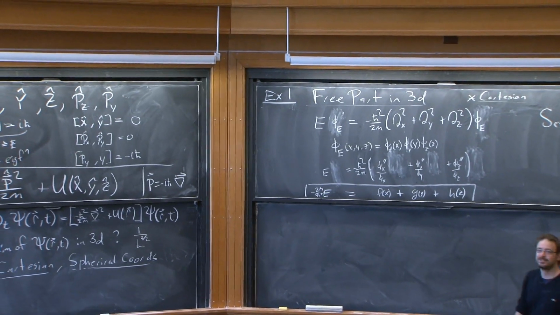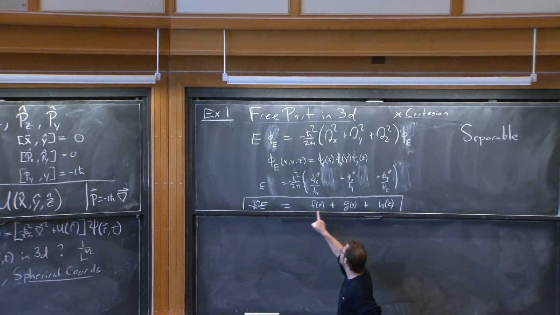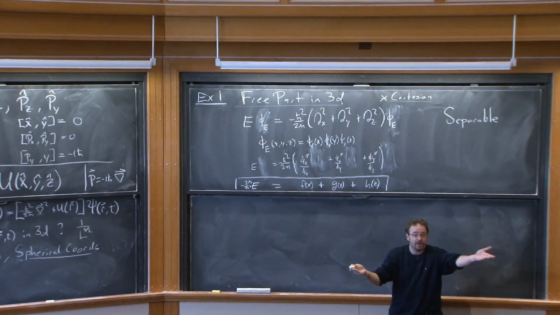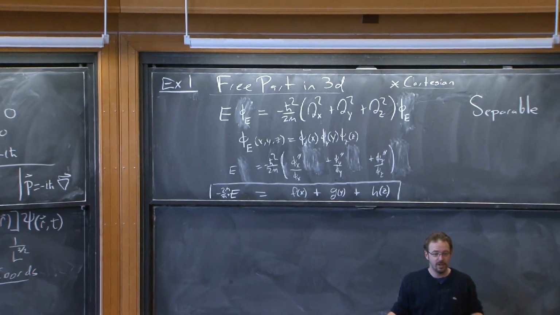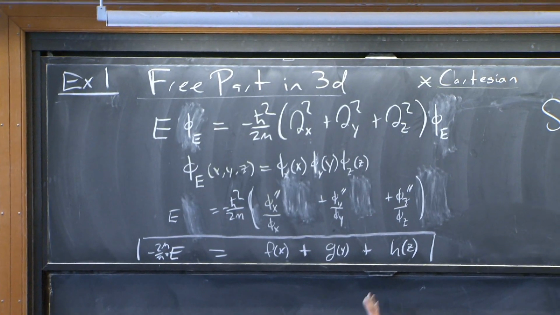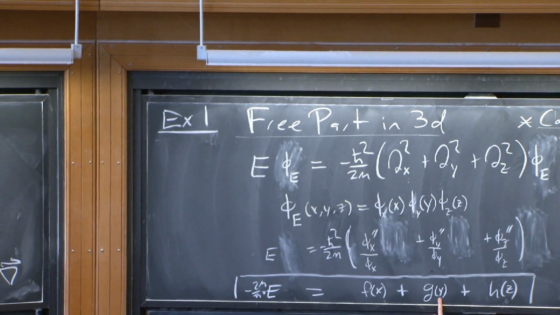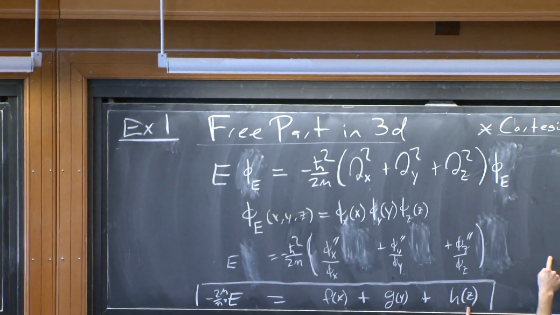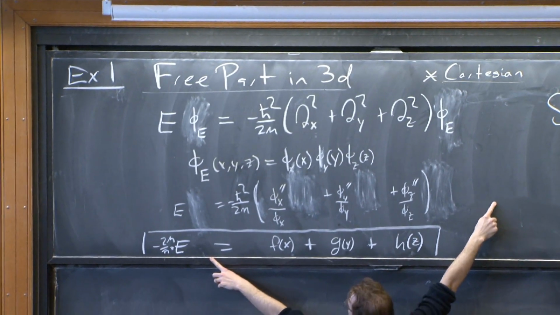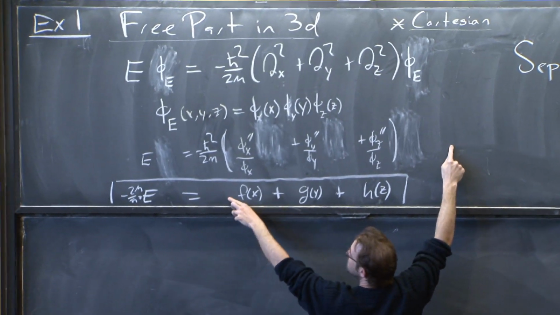What does this tell you? They're all constant, right? The important thing is this equation has to be true for every value of x, y, and z. It's a differential equation. It's true everywhere. It's true here, it's true there, it's true at every point. So for any value of x, y, and z, this equation must be true. Now imagine I have a particular solution, g and h. I'm going to fix y and z to some particular point, right here. That fixes y and z, so these are just some numbers. And suppose we satisfy this equation. Then as I vary x, leaving y and z fixed, what must be true of f of x?